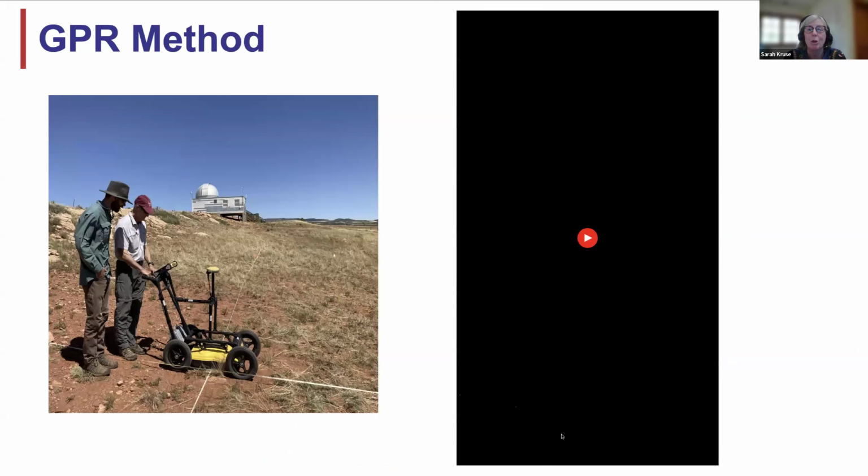Okay, so how does this method work? In the picture on the left, you see this cart with this yellow box at the bottom of it. The yellow box contains a transmitting antenna and a receiving antenna. The transmitter emits an electromagnetic pulse and the receiver records an electromagnetic pulse. And then you push this cart around the ground and you see what in the ground is reflecting the radar